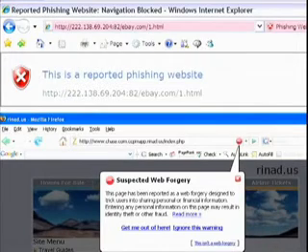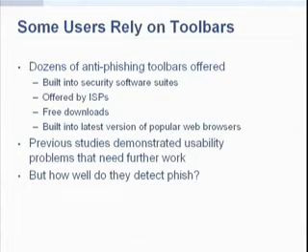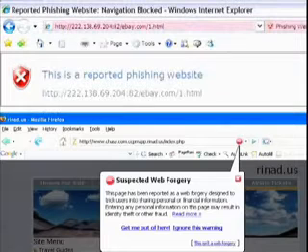But again, we're interested more in how well they actually work in terms of detecting phish. This is sort of a separate problem too, because one issue here is, well, how well do people actually recognize that it's a phishing attack? That's sort of the human side of things. And we're looking more at the computational side of things right now, which is how effective are the actual algorithms that they're using.